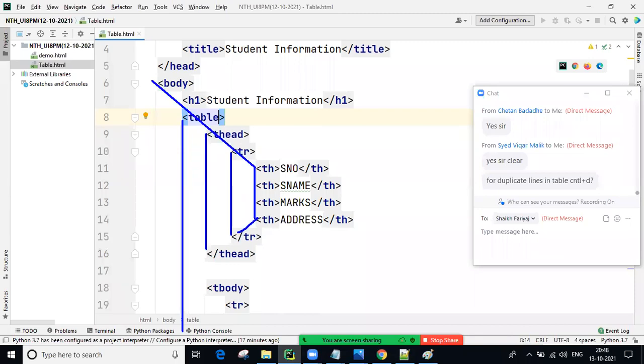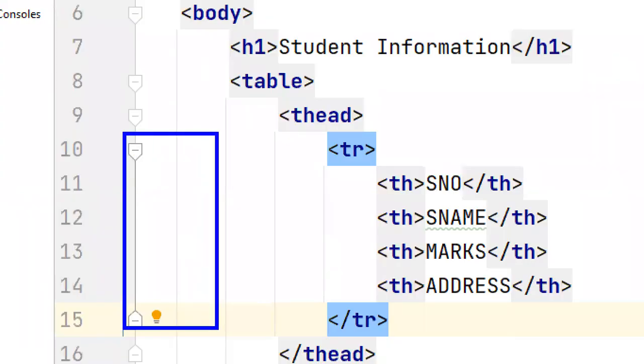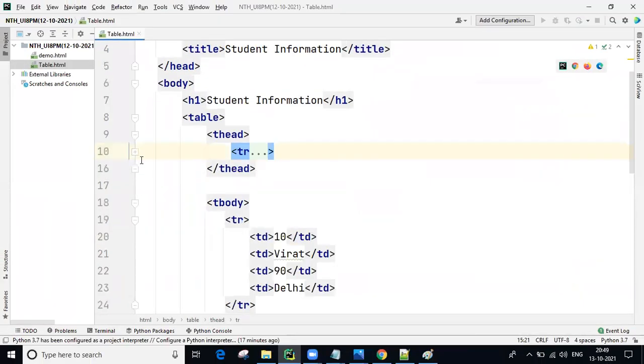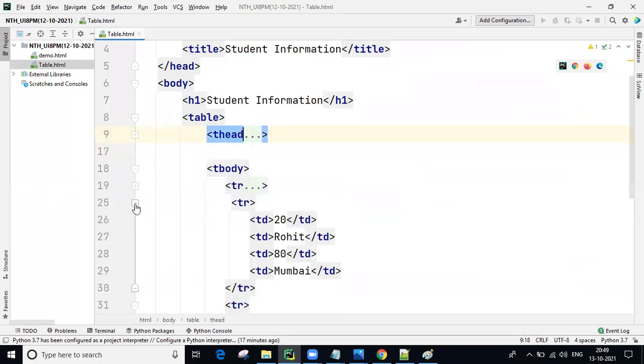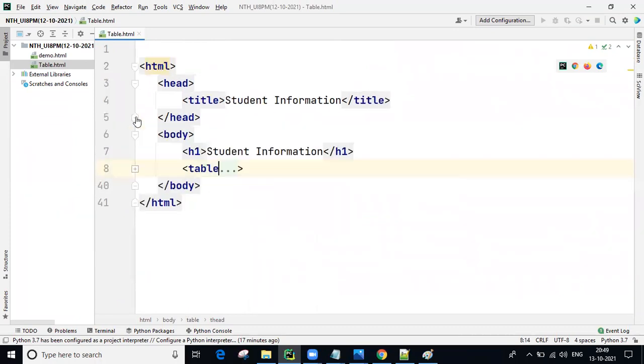If you are writing n number of lines, hundreds of lines, readability increases. Easily we can understand the code by seeing. That's why people are using this. And also, for example, up to this one row, after completing, there is a symbol here. Up to here is one section, so we can hide it. Hide this section. Now row 1, row 2, row 3, the totally body, and there one table. After the table, whatever we want, next we can develop another one. Like this, top to bottom, easily we can move it.